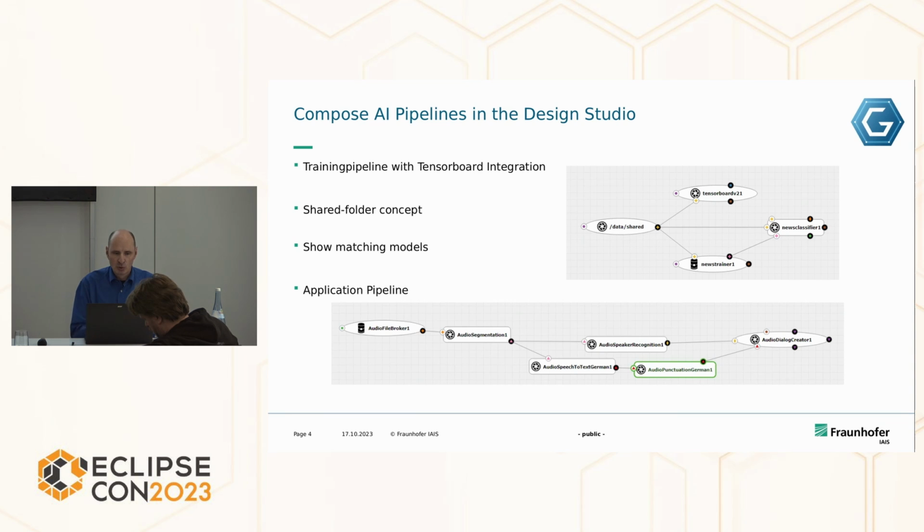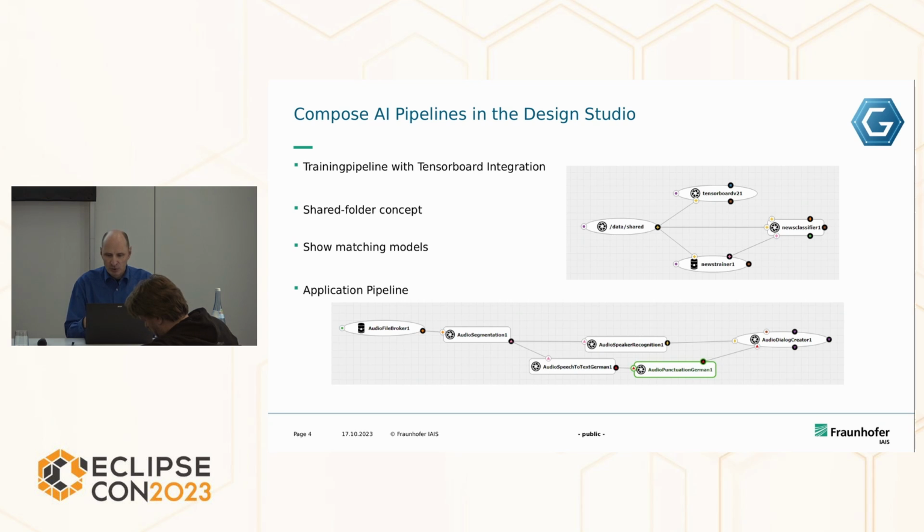And it is possible to compose AI pipelines visually in our design studio. We have one example here on the top, a training pipeline with TensorBoard integration and a shared folder. All nodes can access the shared folder to exchange data easily. The design studio shows matching models, so it's easy to find out what can be connected with what. And here on the bottom, we see a